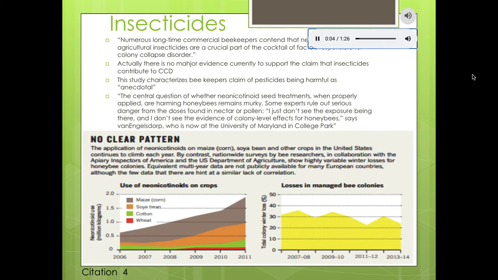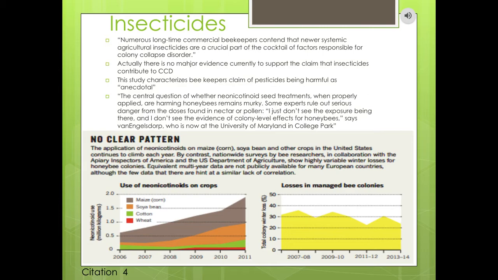So this is a part of my presentation I found very interesting, looking through several peer-reviewed research. I'm going to read this bold portion of the figure I provided at the bottom. No clear pattern. And I'm just going to let that sit with you from the beginning of the slide, but I'm going to go over the top of the slide now.